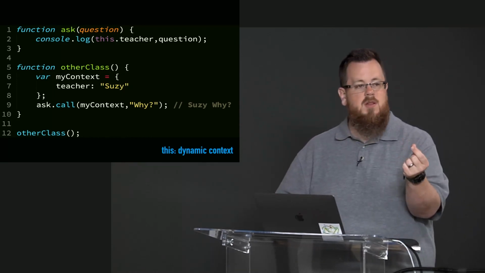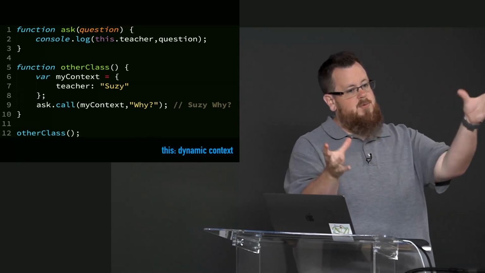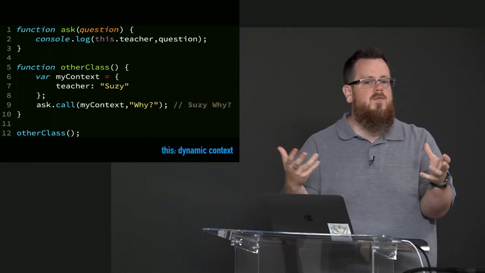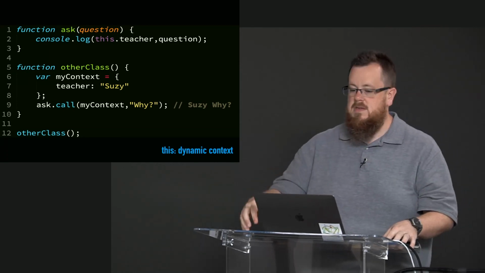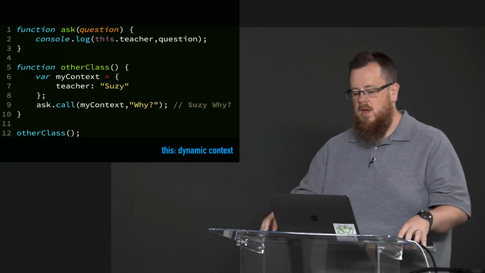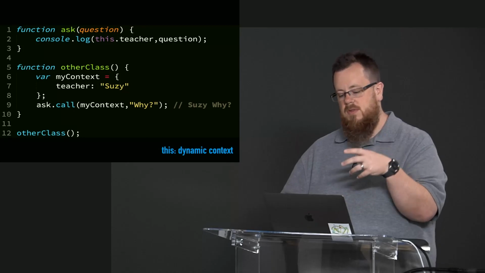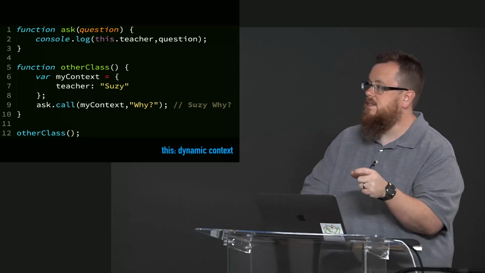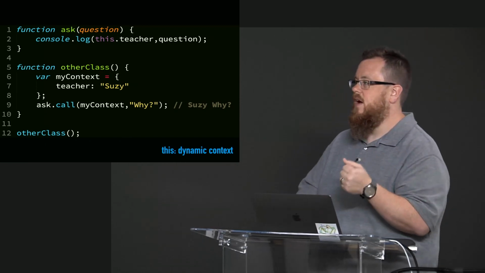You see the this keyword on line 2. It doesn't have any object that it's wrapped around, so there's no obvious this context for it to adopt. And that's because the this context is going to be entirely determined by how we call it. Well, we're going to call it on line 9, and that's going to determine what the this keyword is going to point at. Lines 6, 7, and 8, I make an object called myContext with a teacher value, Susie,